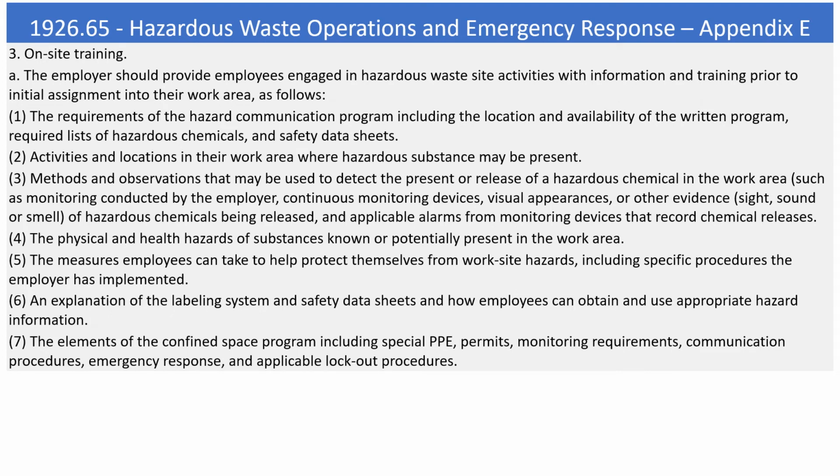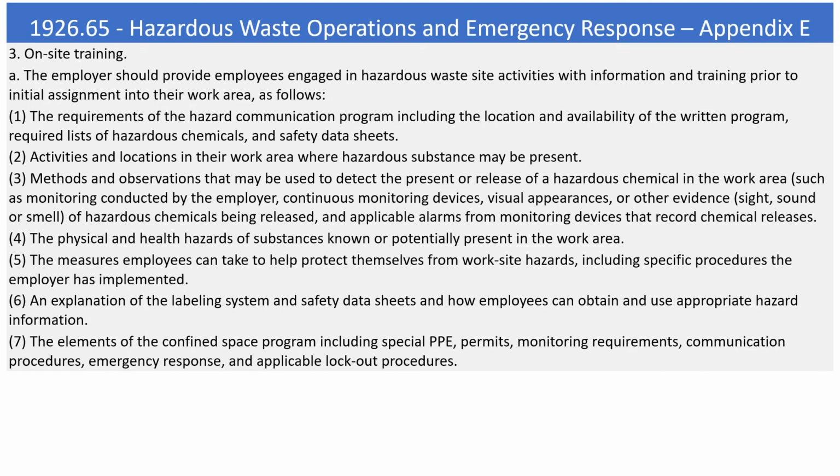4. The physical and health hazards of substances known or potentially present in the work area. 5. The measures employees can take to help protect themselves from worksite hazards, including specific procedures the employer has implemented. 6. An explanation of the labeling system and safety data sheets and how employees can obtain and use appropriate hazard information. 7. The elements of the confined space program, including special PPE, permits, monitoring requirements, communication procedures, emergency response, and